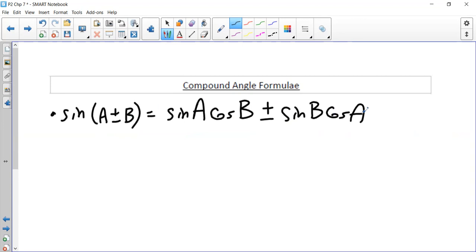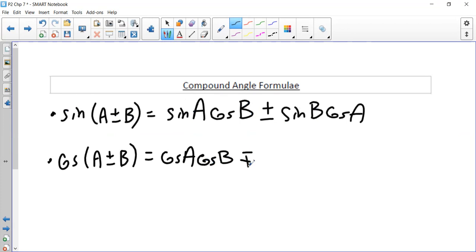So what do we mean by plus and minus? If we want sine A plus B, then we use sine A cos B plus sine B cos A. If we want sine A minus B, then we do sine A cos B minus sine B cos A. For cos, A plus and minus B equals cos A cos B minus plus